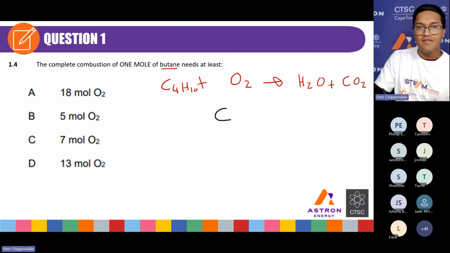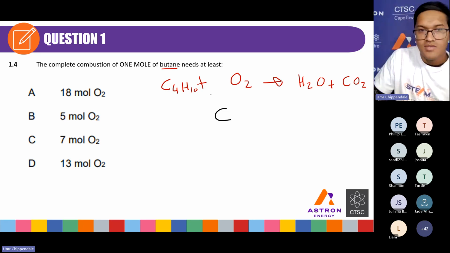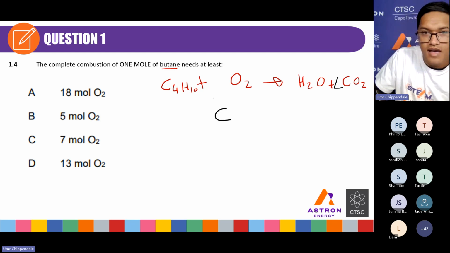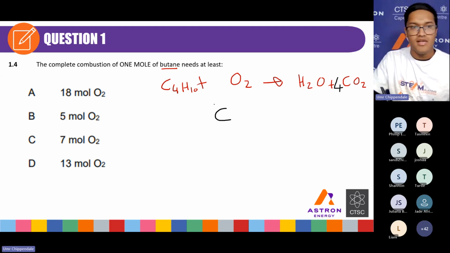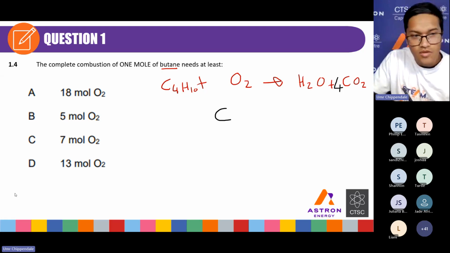On the right-hand side of our arrow, there's only 1 carbon, which means if you put a 4 in front of that, we'll now balance that out. So that is now going to be 4 on either side. Now, we move on. Remember, I said we're balancing in terms of CHO. So that means it's going to be, let's make it blue,